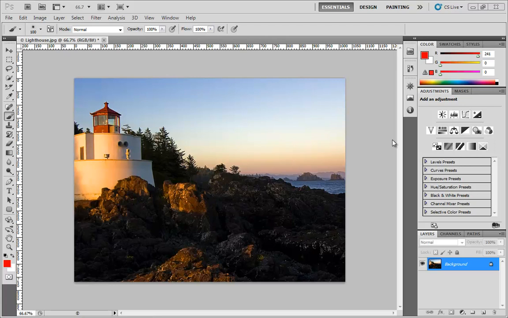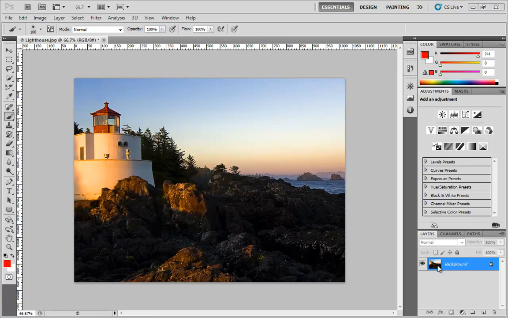Over the next few videos, I'm going to be talking about each and every one of the individual adjustments and adjustment layers available in Photoshop CS5. In an earlier video, we did go over the concept of adjustments and adjustment layers, showing how they work. What I wanted to do here was throw out a general reminder that as we go through the adjustment layers, to take a moment as you use each one and remember that you have access to each one of these effects as a layer, and all of the things that come along with layers still apply to these